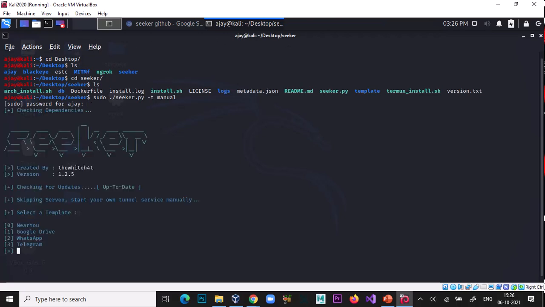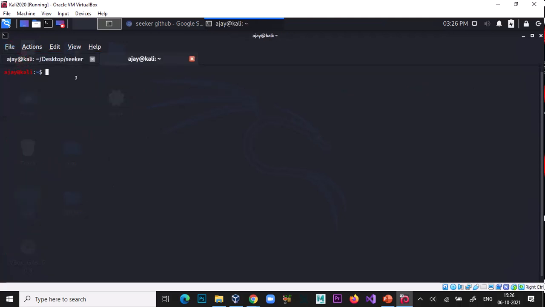Okay, and in a new tab cd desktop, ls, sudo ngrok http.